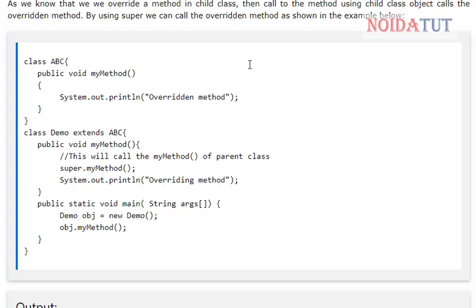As we know, when we override a method in the child class, a call to the method using the child class object calls the overridden method. By using super, we can call the overridden method as shown in the example below.